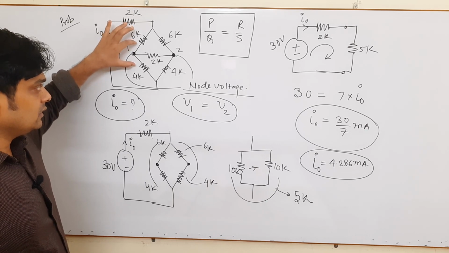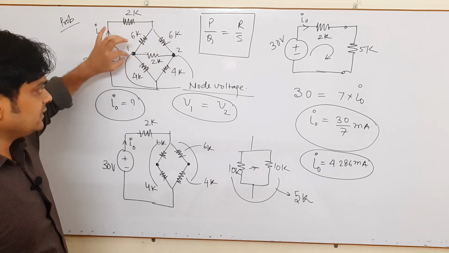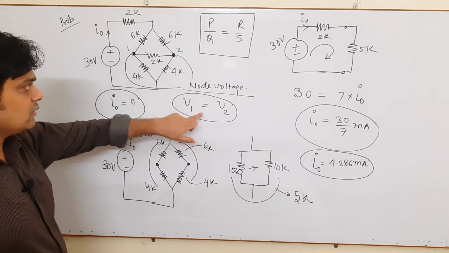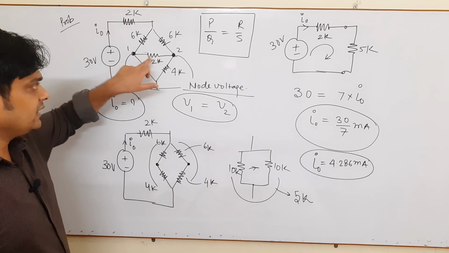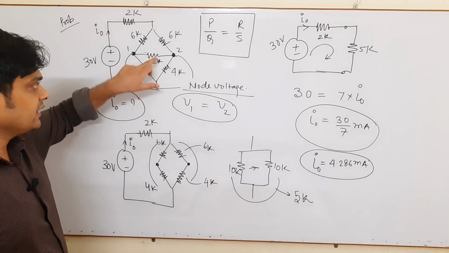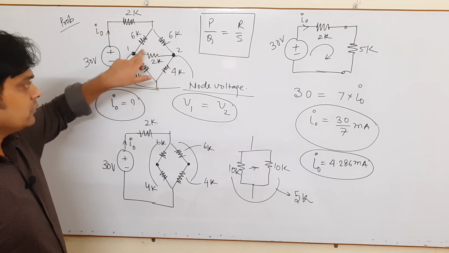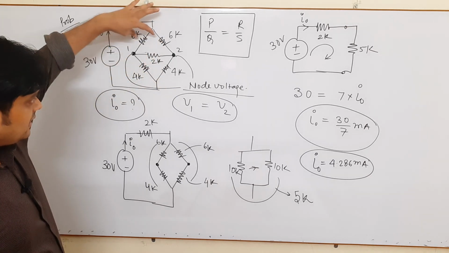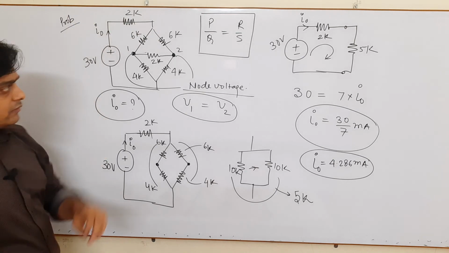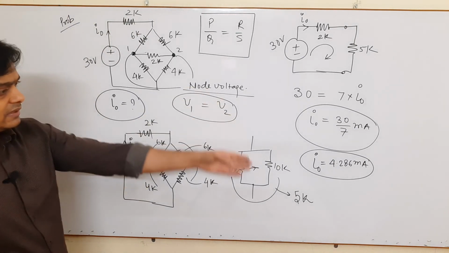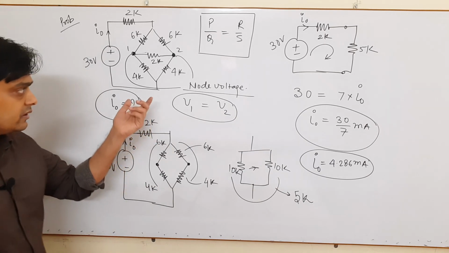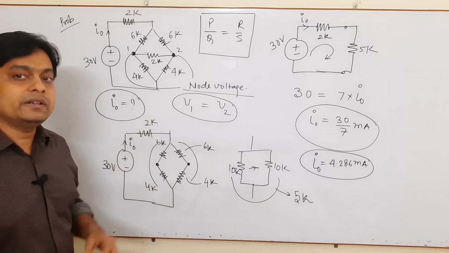Whenever the ratio of these two resistors is equal, it means the voltage appearing at these two nodes is equal, and once it is equal, no current will enter here, and when no current enters here, you can say there is no significance of this branch. So one can directly apply the parallel combination of resistors, and one can find the answer very easily. This type of question is definitely asked in GATE. We will see the next question which was asked in GATE in some different form.